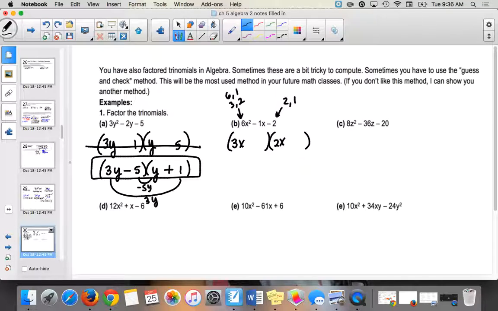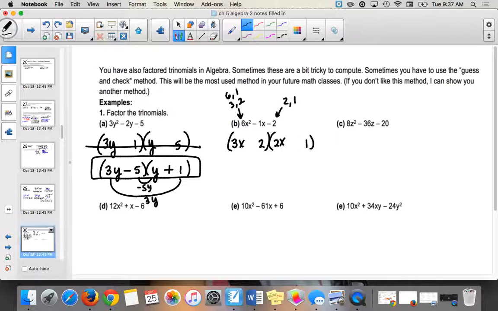Since there was no GCF originally, I cannot put the 2 there. Do you guys understand why that can't go there? Yeah, it would now have another GCF, right? I have a 2x and a 2 in the same parenthesis. I could pull a 2 out. The 2 can't go there. So what's the only number that can possibly go there? 1. So I put the 1 there and the 2 there, and then I start to look at my outer